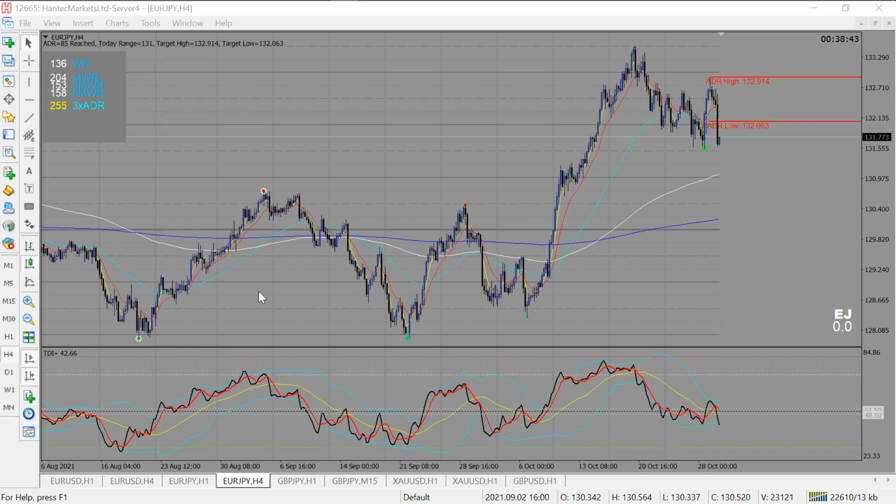Never forget that. Always make sure you analyze your pairs and use price action. Okay? And you use what? Price action. So